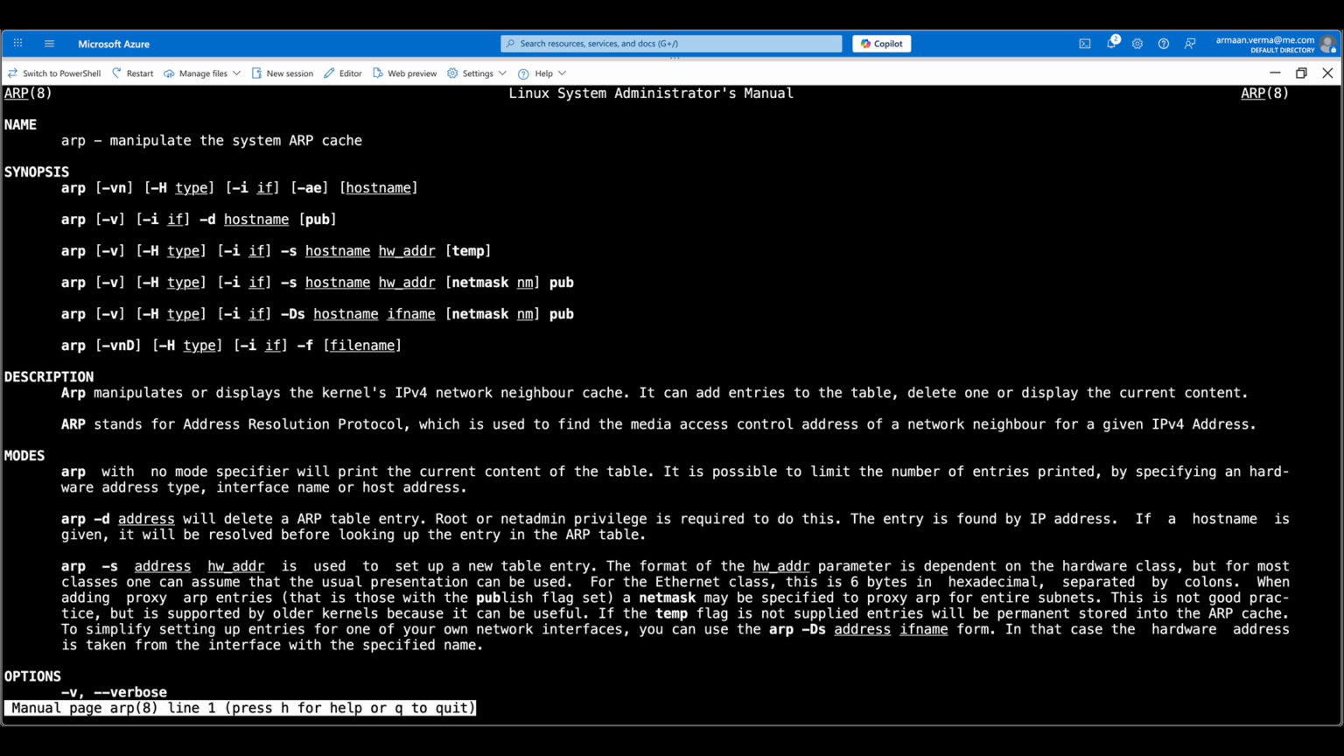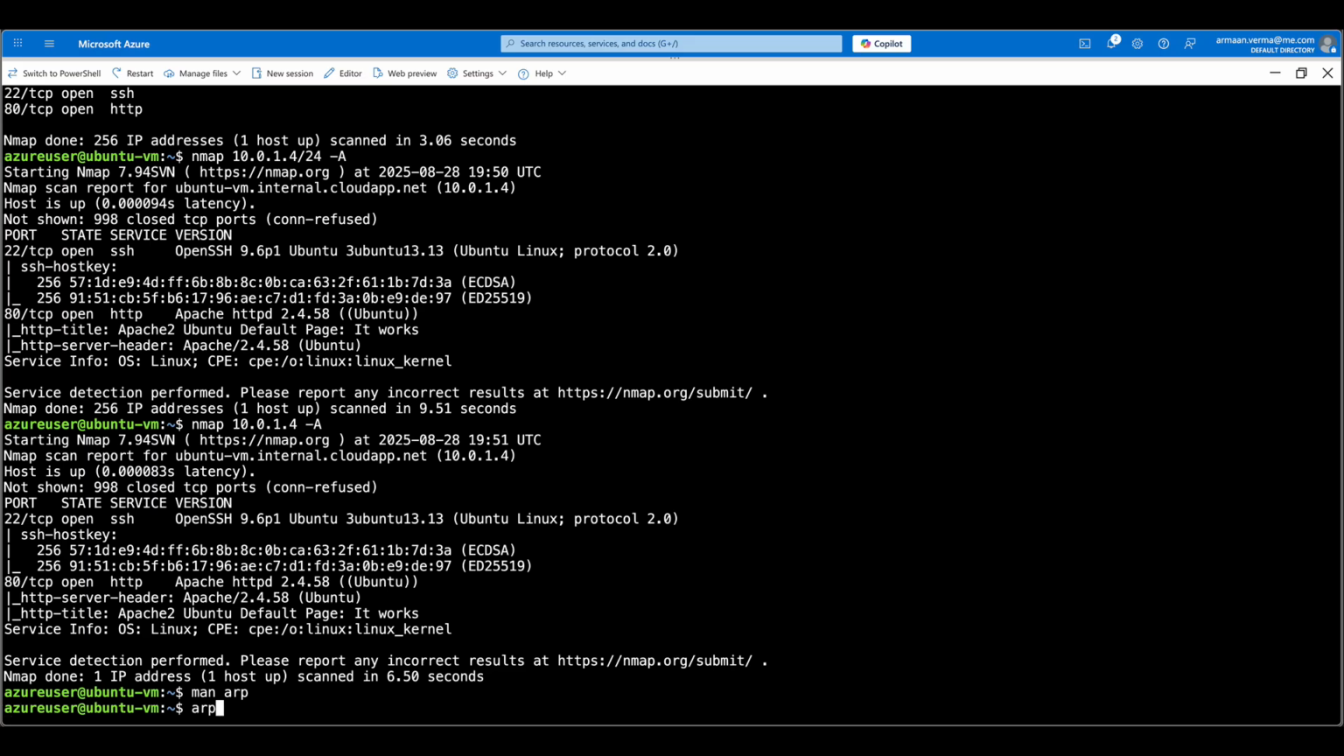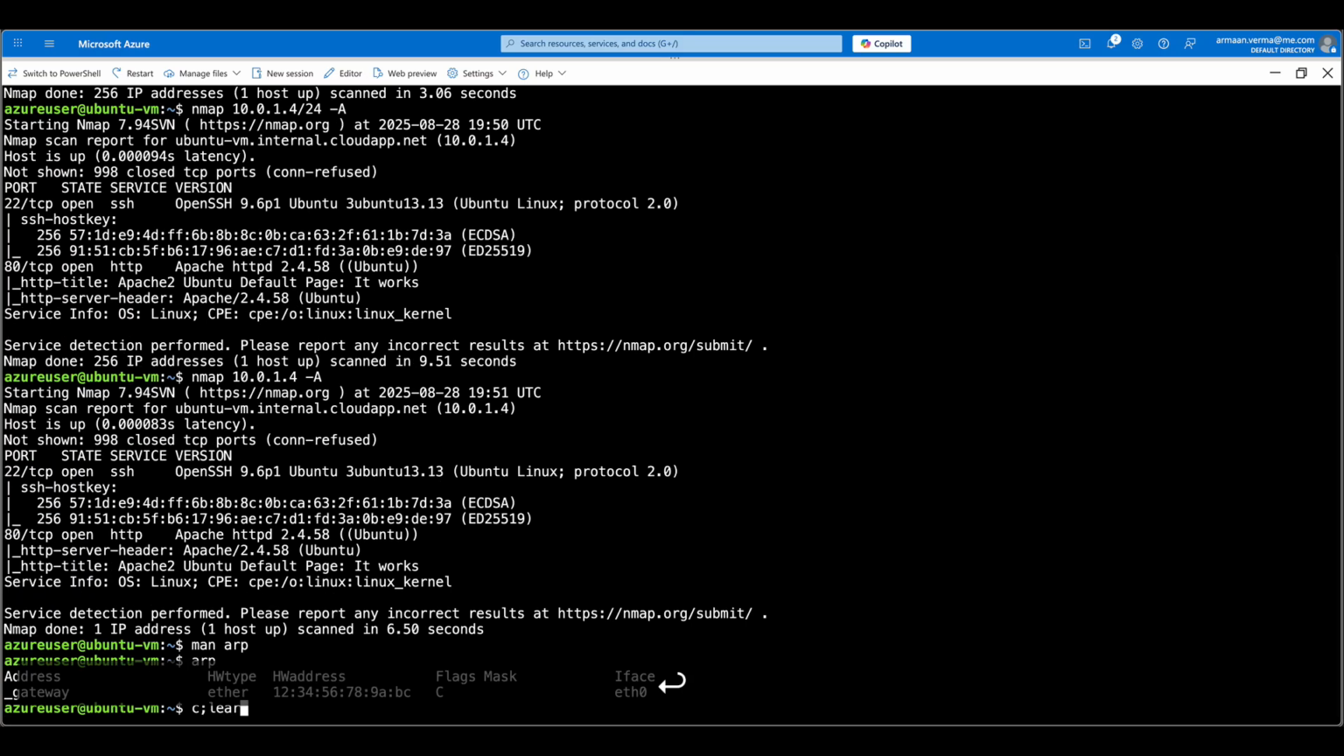It displays or modifies the ARP cache information. The ARP cache is simply a table that provides a mapping of IP addresses to their MAC addresses in the system. So if I say arp, let me clear the screen, clear, arp, it is going to provide me some information: the address, gateway, the Ethernet address (the hardware address), the flags, and the interface. So I don't have much data, but I can always put the IP address with